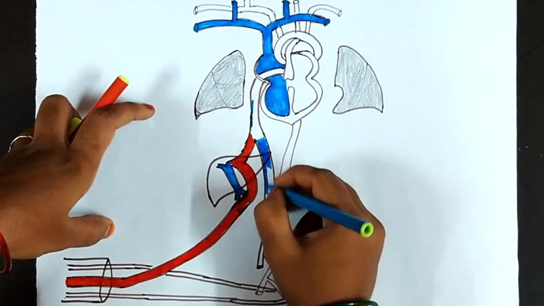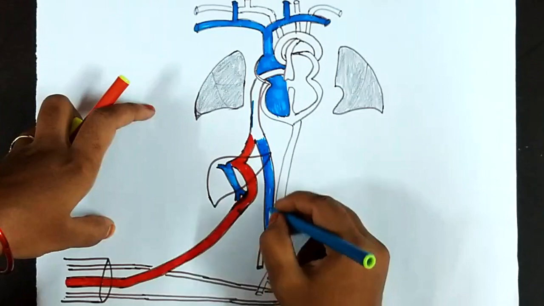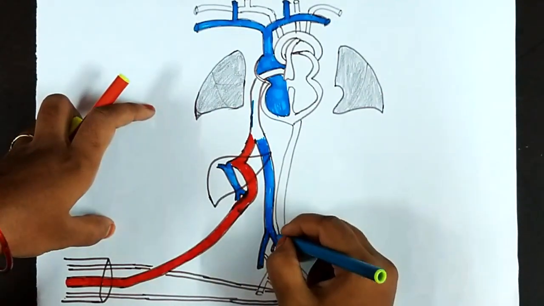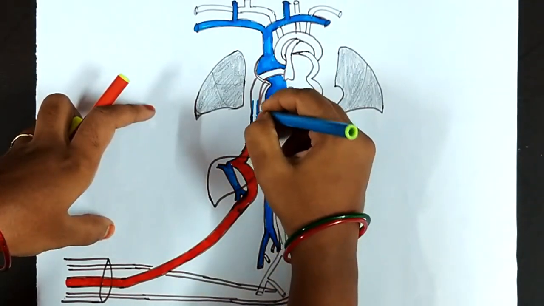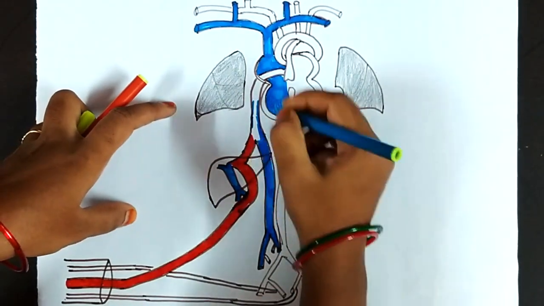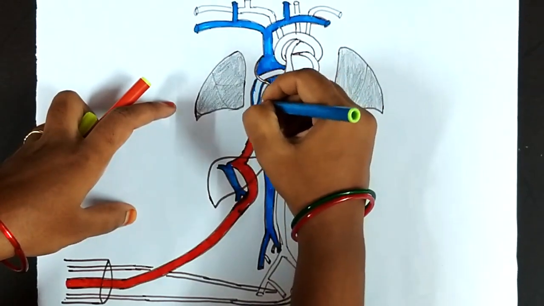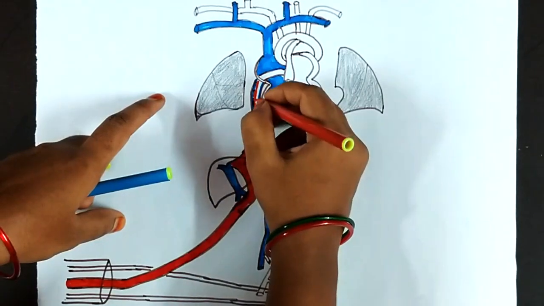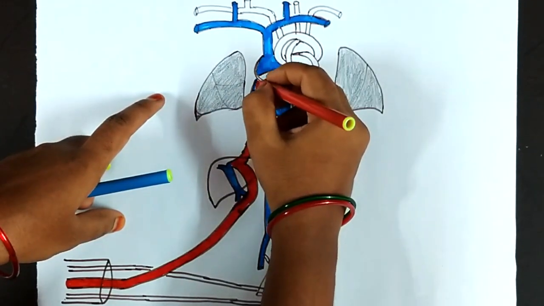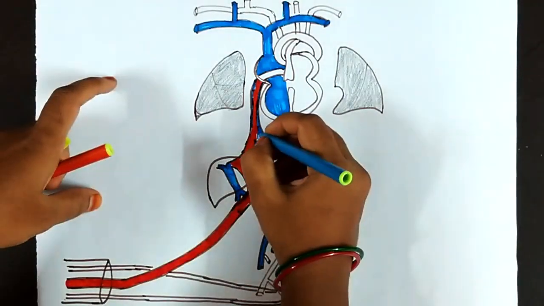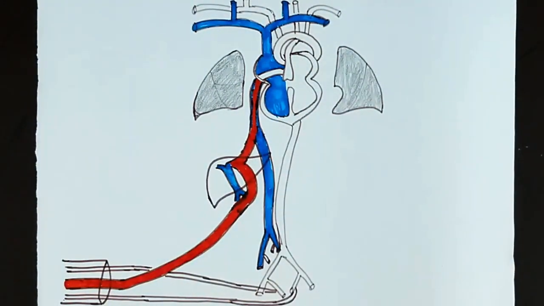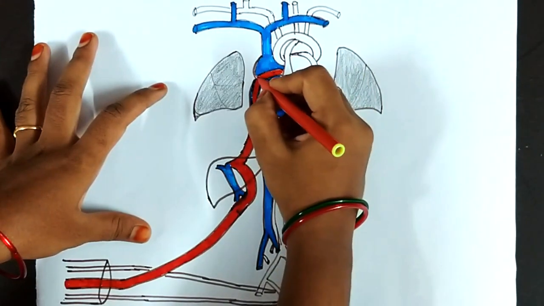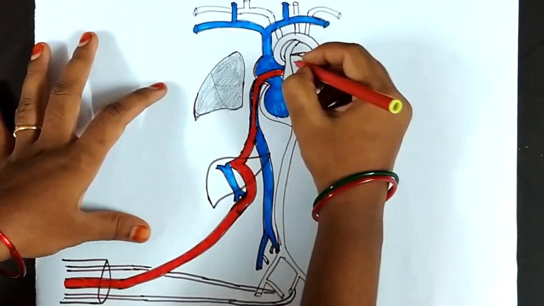It attaches to that arch of aorta. From that part, the blood will get mixed, oxygenated and deoxygenated. So that mixed blood will descend downwards through the descending thoracic aorta, and it divides into the two common iliac arteries. These two common iliac arteries, again right and left, will divide into external and internal iliac arteries.